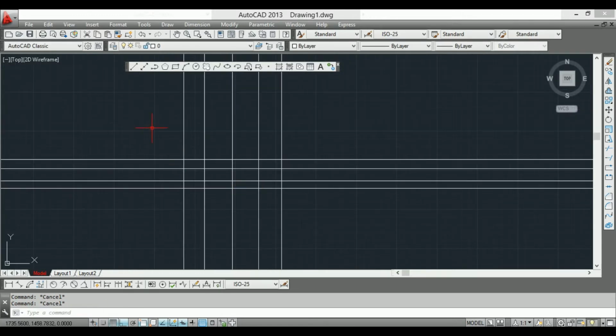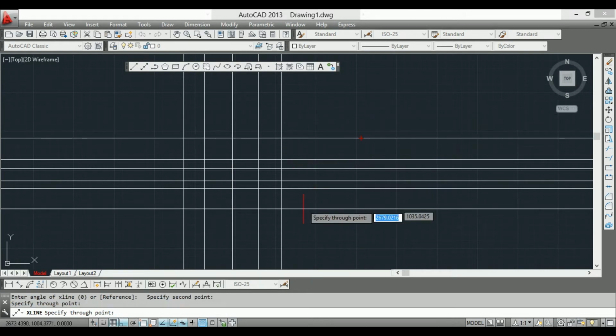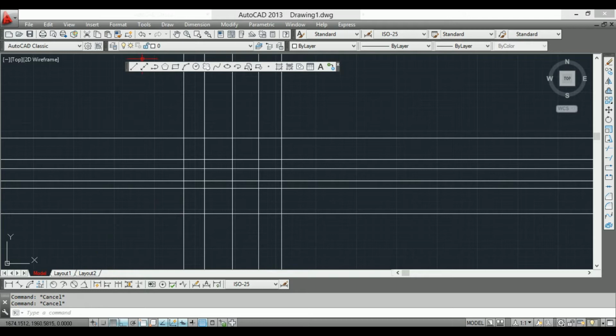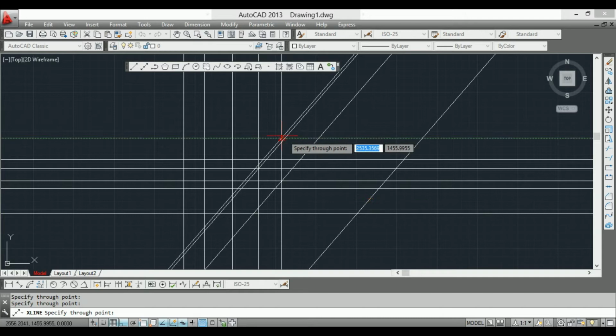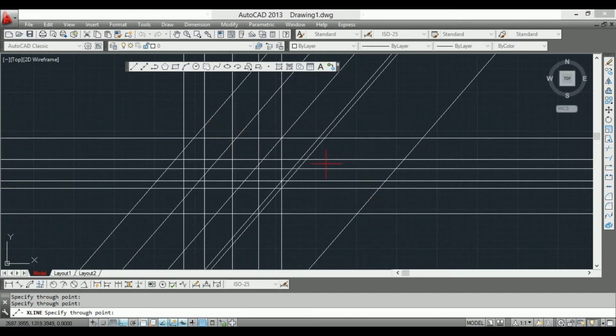If you want it at a certain angle, again go for construction line, see your command bar and put A, then enter a certain angle. Now I just put a 50-degree angle.